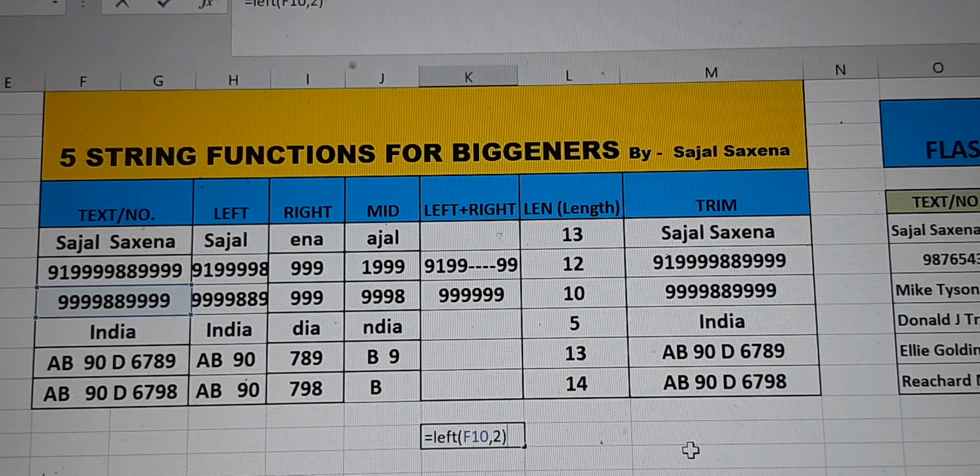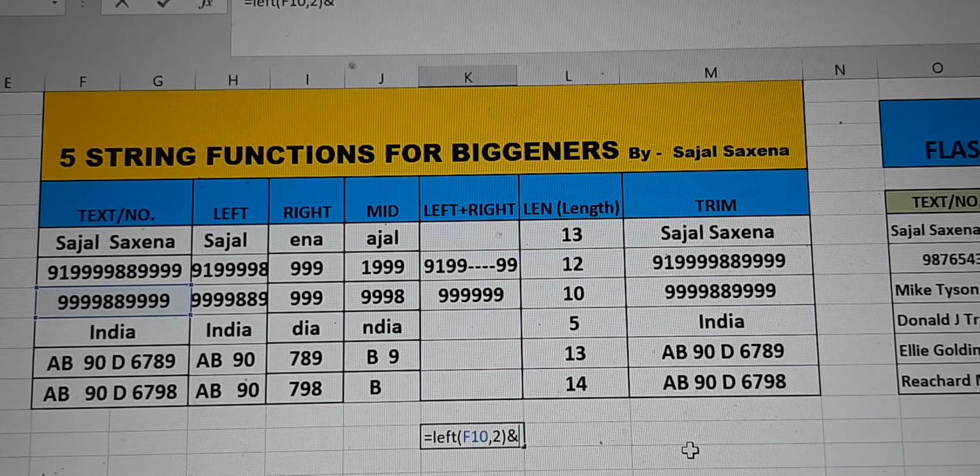Now what we will do, since we have to combine it, we shall now type in and, then you have to type in the right function as well.